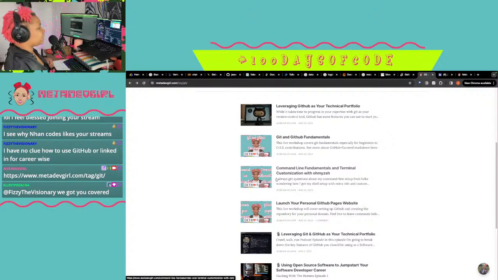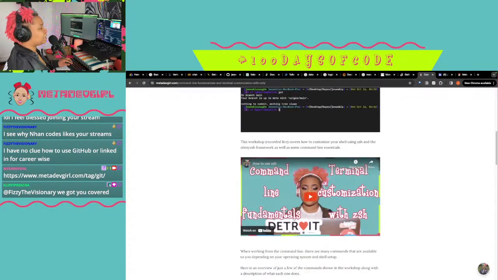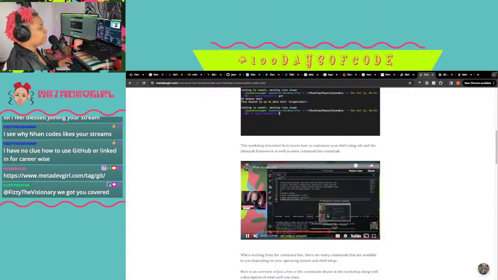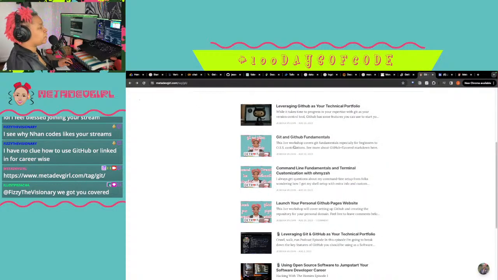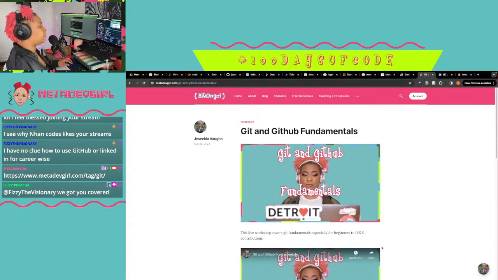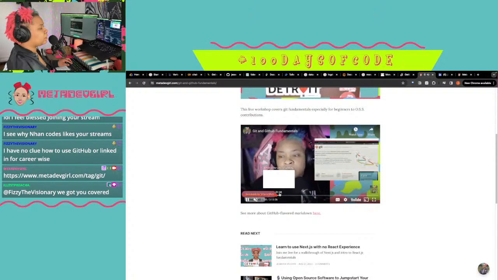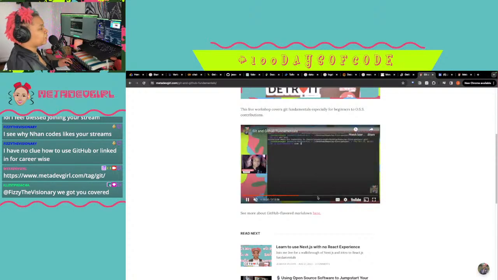So in the command line workshop, I showed how I set up my terminal, and then I showed some of the basic commands that you would use to put files up on Git, working from the command line. I usually teach a little bit about the command line first, because I always teach Git from the command line. So this workshop is like 3 hours. I went through a lot about Git, getting started.